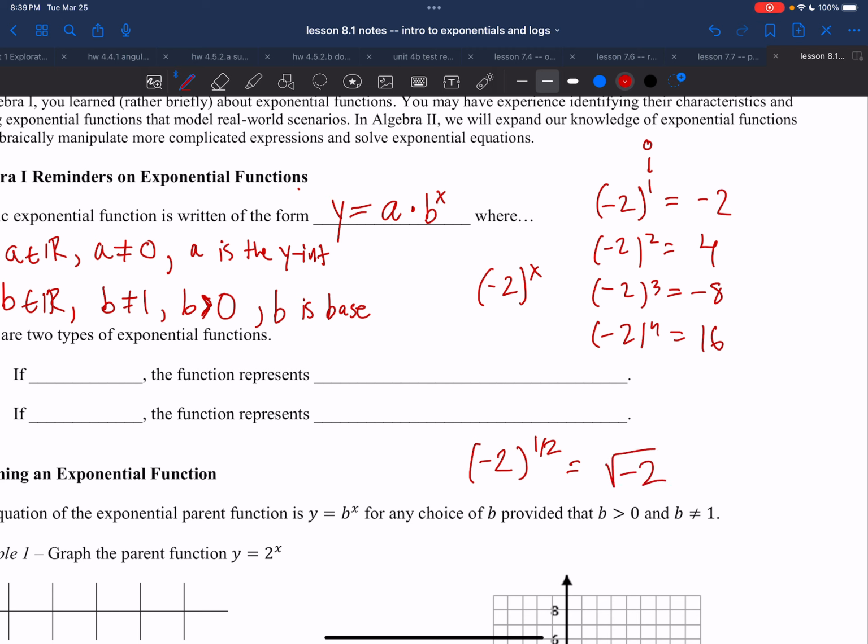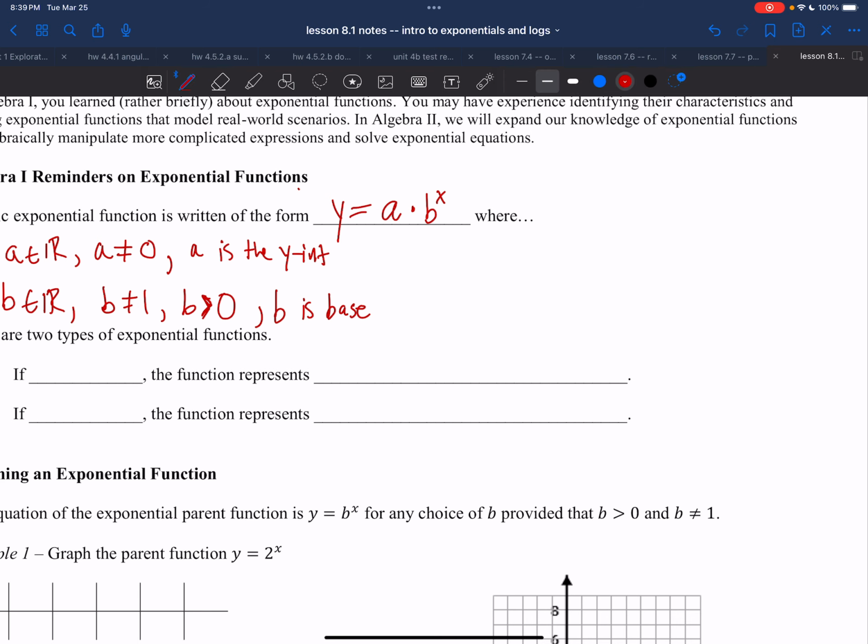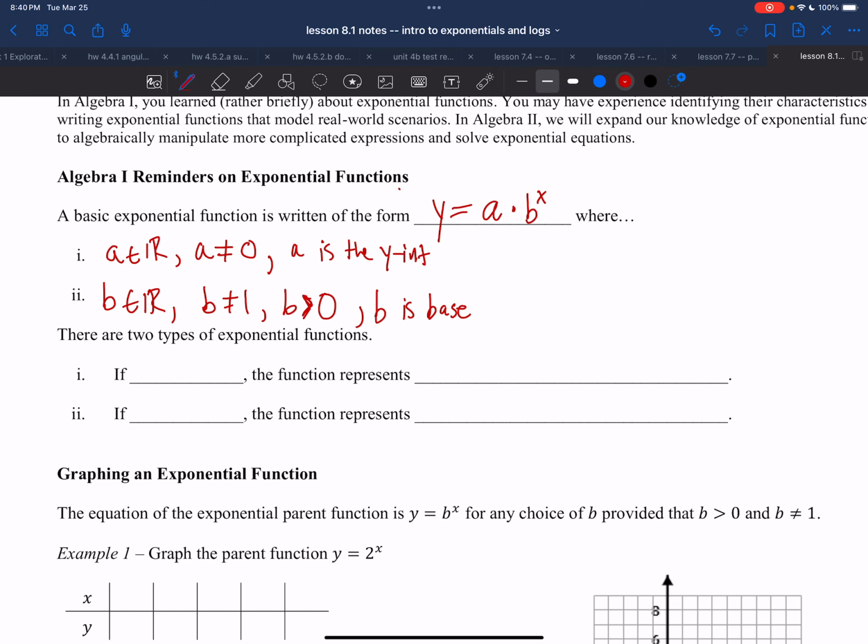And the square root of negative 2 is what we call imaginary. So this wouldn't even be graphable on the real plane, so we're not going to do that. So that's just a few things. That's not something you're really super tested on, but it's important to note. You're not going to use a base of 1, and you're always going to use a positive number as